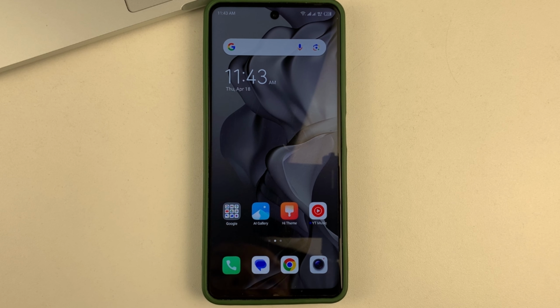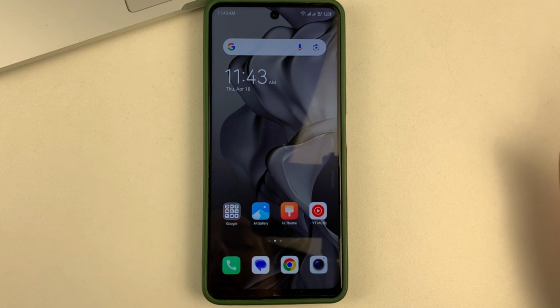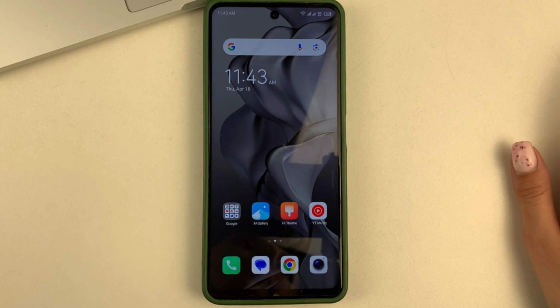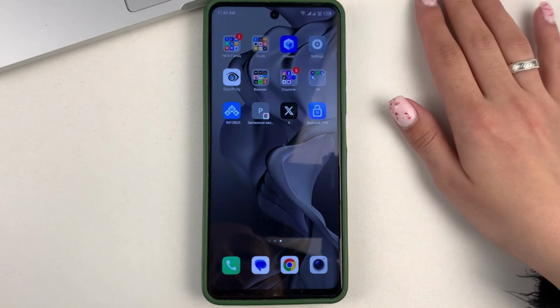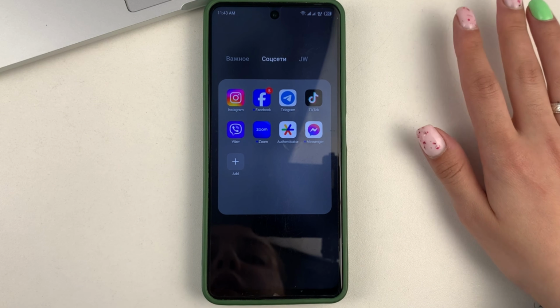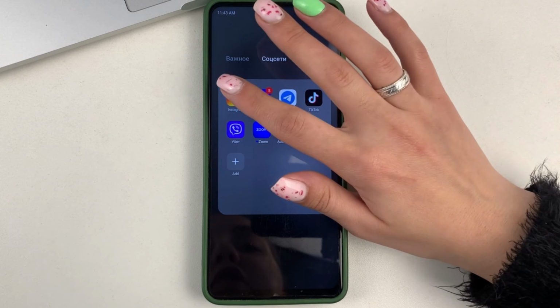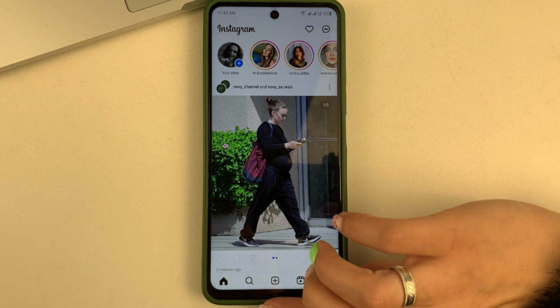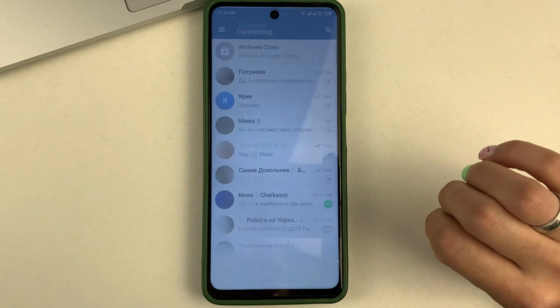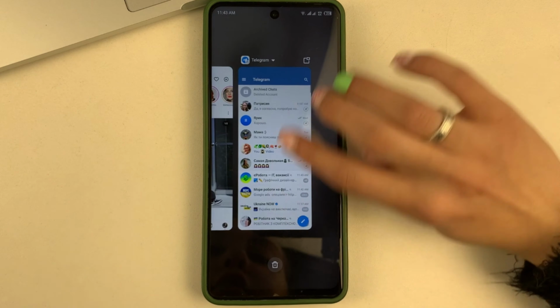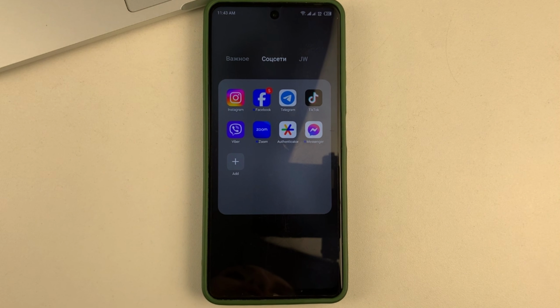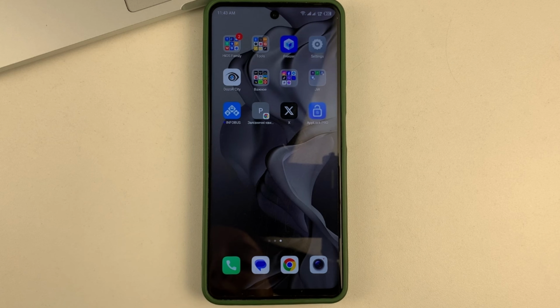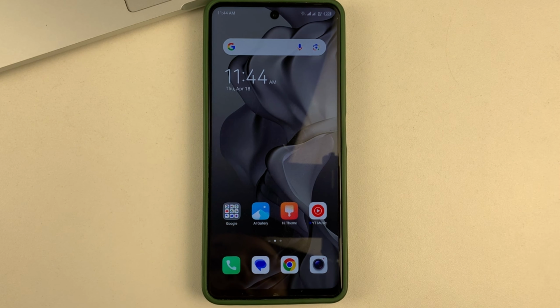Android device. And let's get started. So, if you want to block any app, first of all, I'll tell you where you might need it at all. For example, you have social media and you can get into it by just clicking on some social media and it will open up for you. But let's say, for example, if you know someone picks up your phone a lot, and you don't want that person to be able to go to your social networks, or your gallery, or whatever and look at your information, or read your correspondence, then I suggest you block the app.